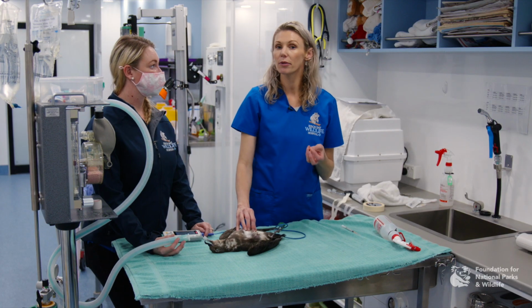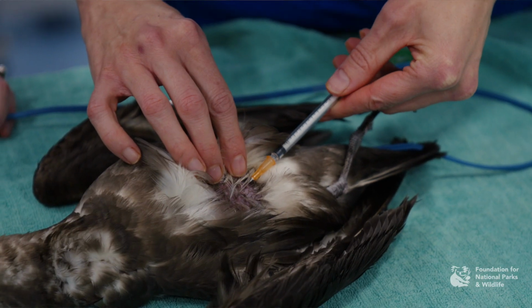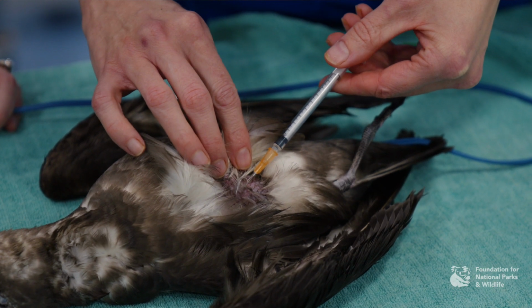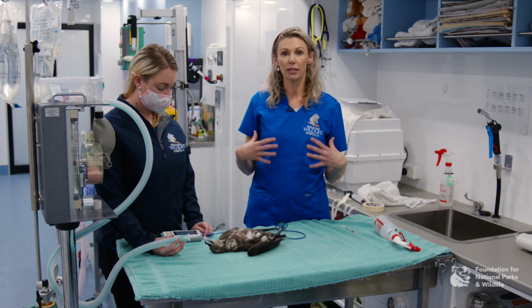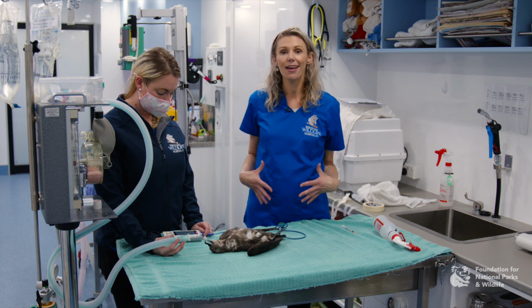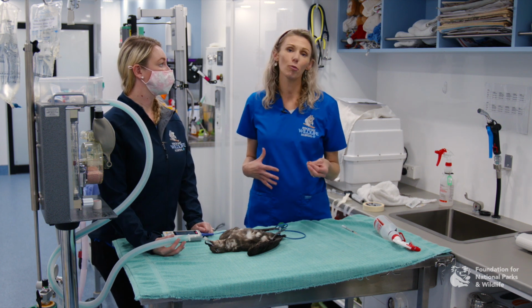Remember, don't go too deep with your needle because you may actually go into the coelomic cavity and you could hit an air sac, which can create some issues with respiration. With your birds such as pelicans, they do have a lot of subcutaneous air underneath their skin, and that might make your fluid administration a little bit more difficult, and you might need a few more people to help you